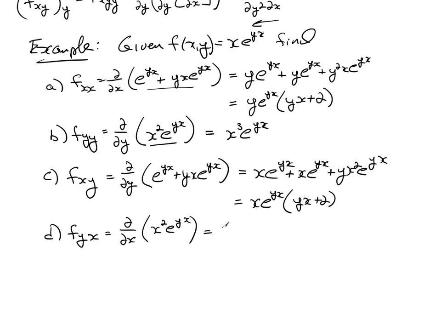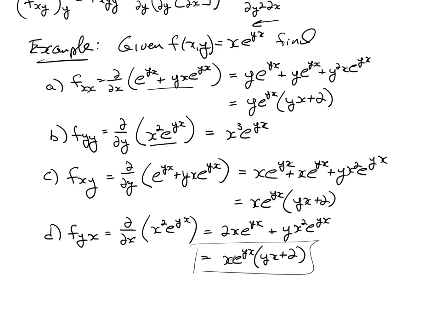So this is going to be 2x e to the yx plus yx squared e to the yx, which if I factor out an x e to the yx, I end up with yx plus 2,